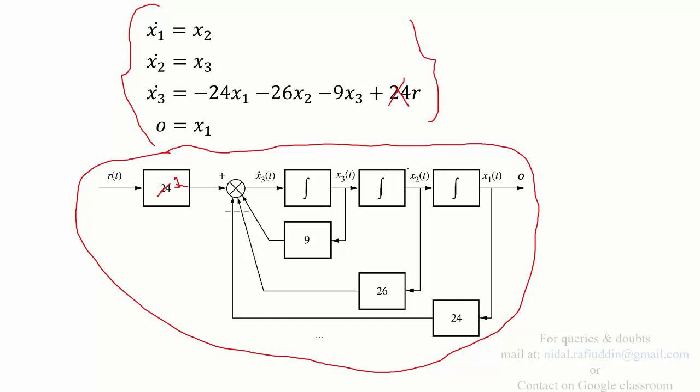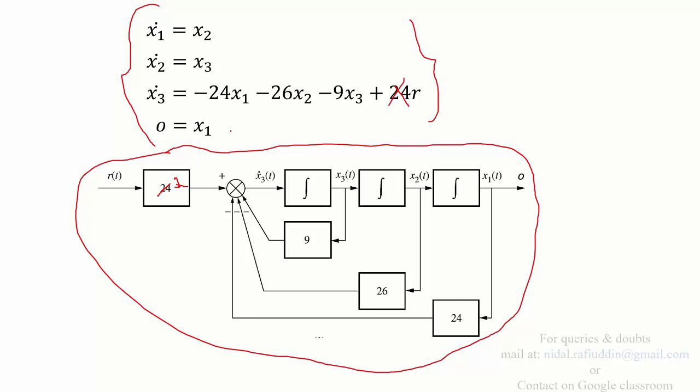Because how to connect blocks and how to obtain the different state variables by putting integrators in between was already discussed in the previous lecture, I guess it's not important to discuss it again. If you have any doubt about how these blocks are connected, you can refer to my previous lecture. So this is the block state model representation of the given state equations and the output equation,